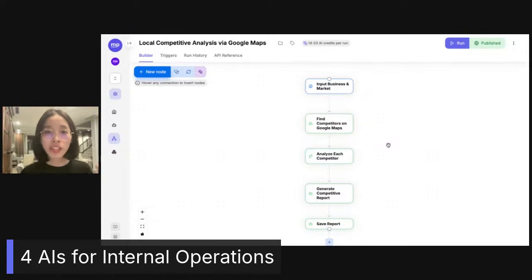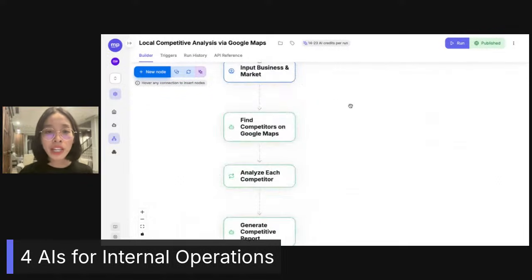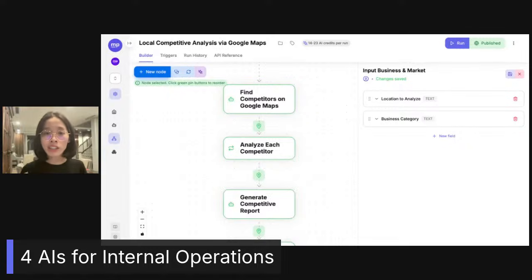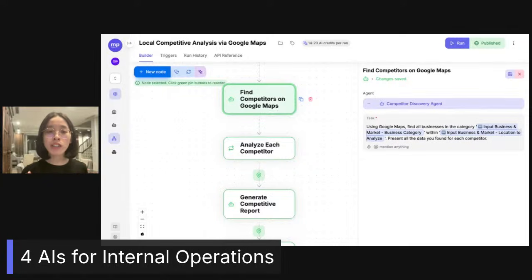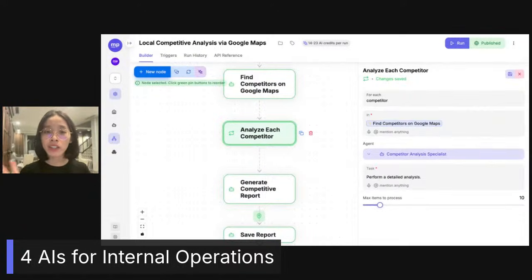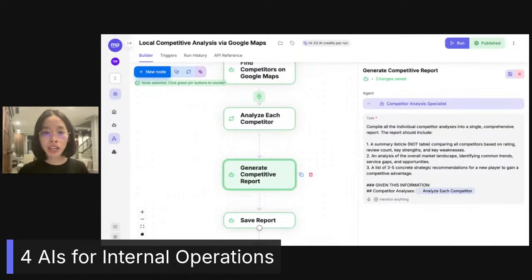So what this does is that it just replicates the process of doing competitor analysis via Google Maps that a human would typically do, including gathering the information about the location and the category of business, and then searching for all the competitors on Google Maps, and then enriching each competitor's data and analyzing them, as well as synthesizing the findings into a structured report and saving the